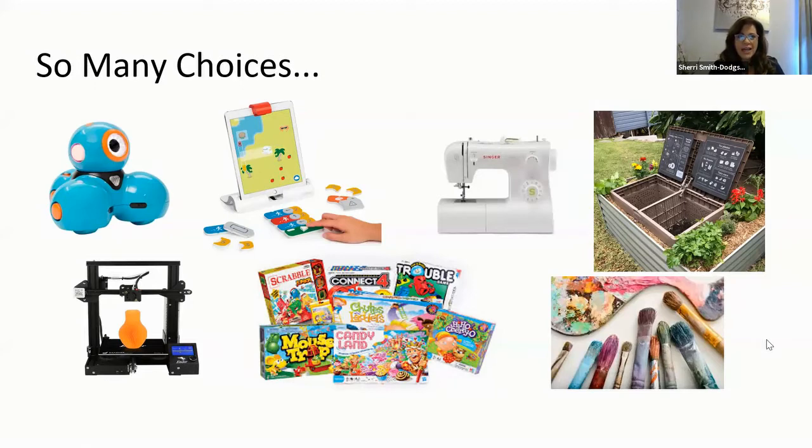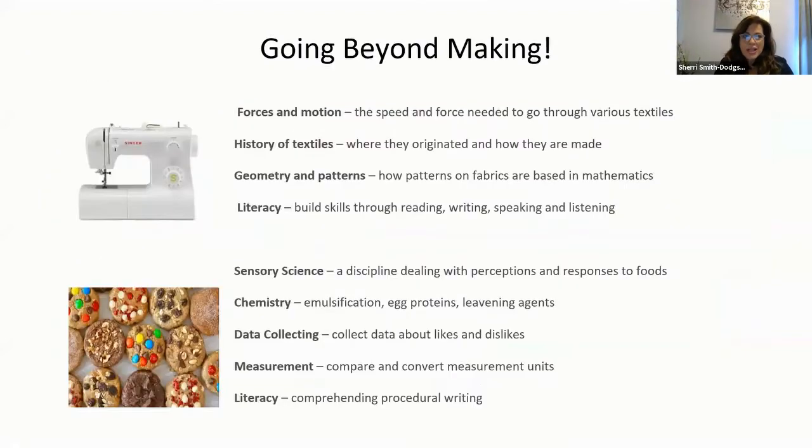And so taking it a little bit beyond that tool is really what takes those products or those learning tools to actually be tools and not just toys as well, right? We want to take a deeper dive into learning than just let's do something one time, and a project isn't necessarily project-based learning as well. So talking about going beyond making,